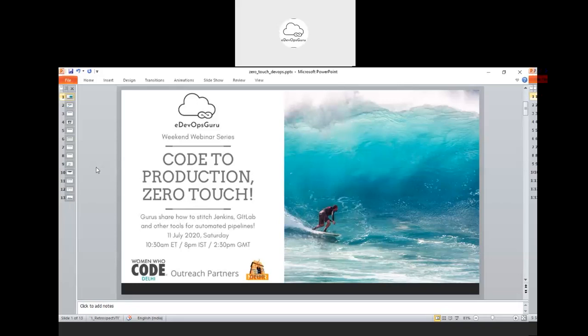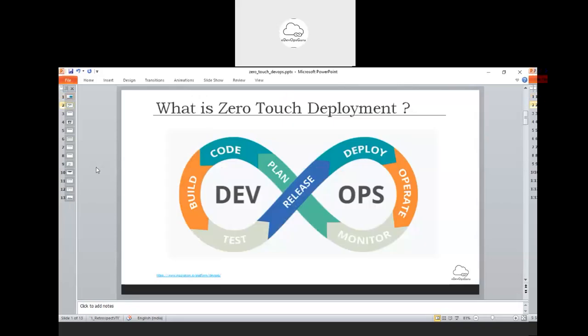So let's get started. First thing is, what is a zero touch deployment? If you try to see the traditional way of software development, in the SDLC life cycle we have different stages, right from requirement collection to code, unit test, then packaging, then system integration, and then release for production.